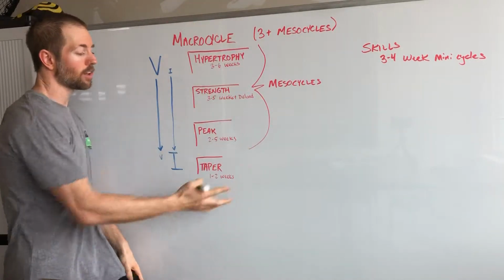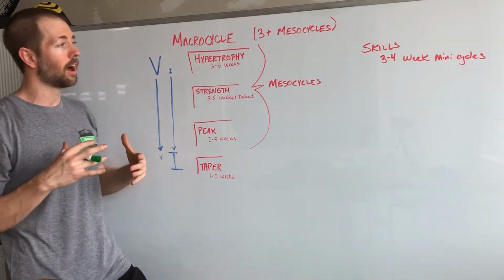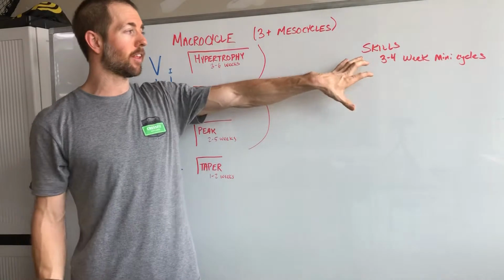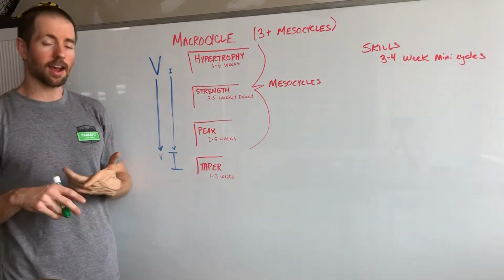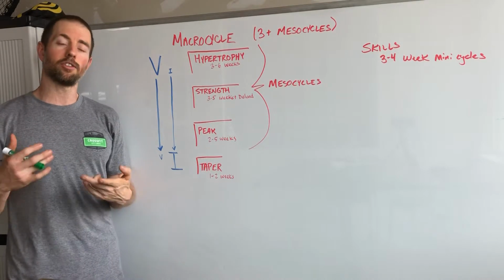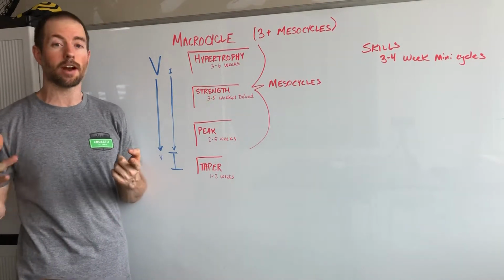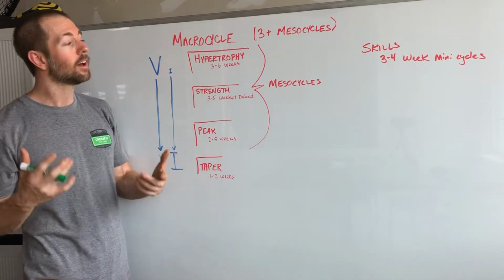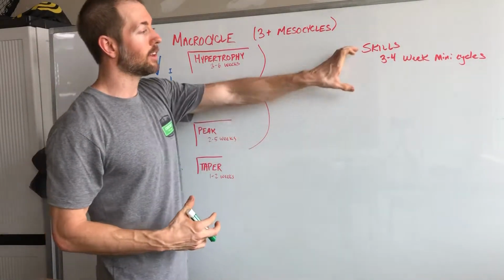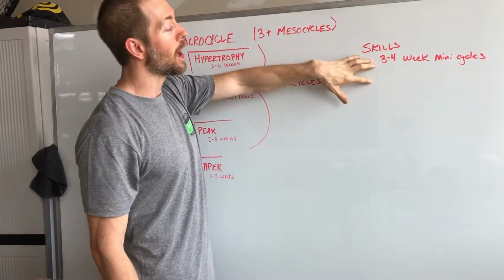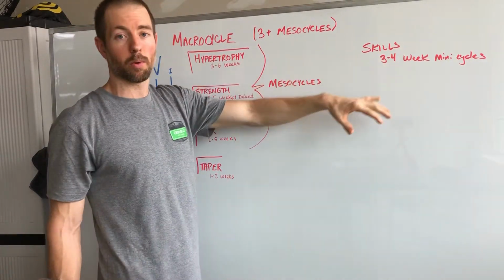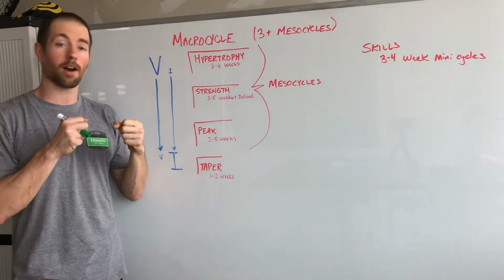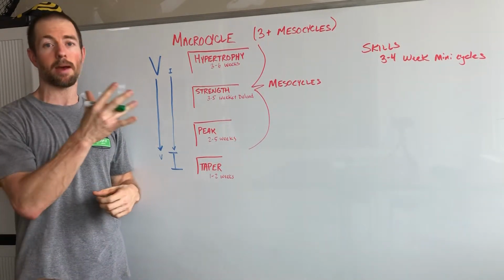So along with the big picture, how we're really pushing along our strength numbers, we also want to develop skills. If we take handstands or jump roping, for example, and you do them once every couple of weeks, you're going to be really limited on how much progress you can make on these movements. So what we're looking to do is take these high skill movements and do them in 3 to 4 week mini cycles. We're going to work on these skills a few times in a week for a few weeks in a row so we can really make a lot of progress.